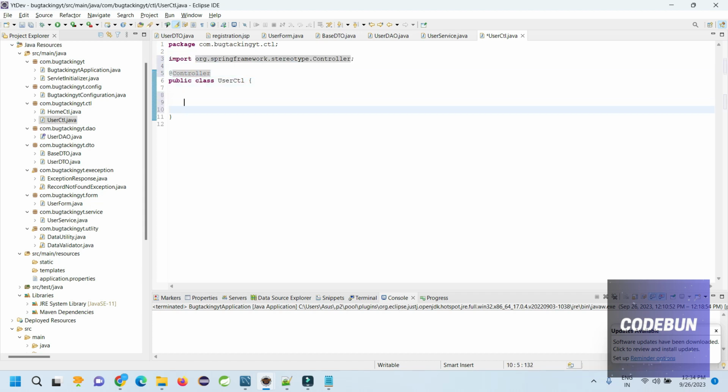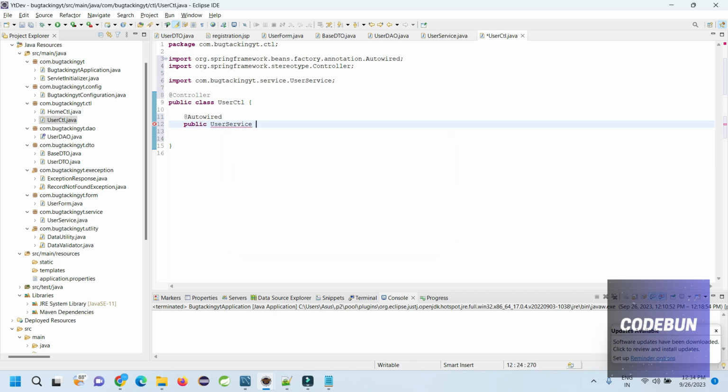In this controller, I need to autowire a service. So public, a user service, and